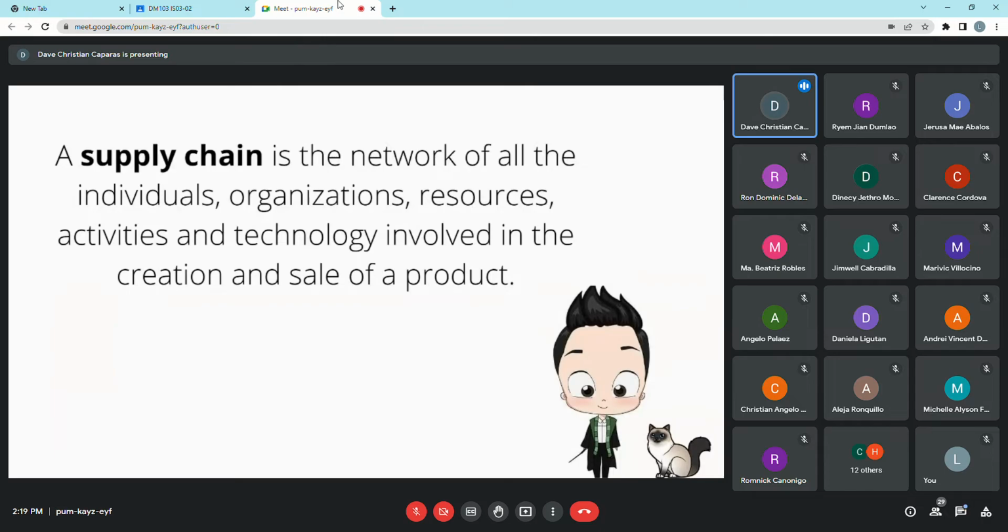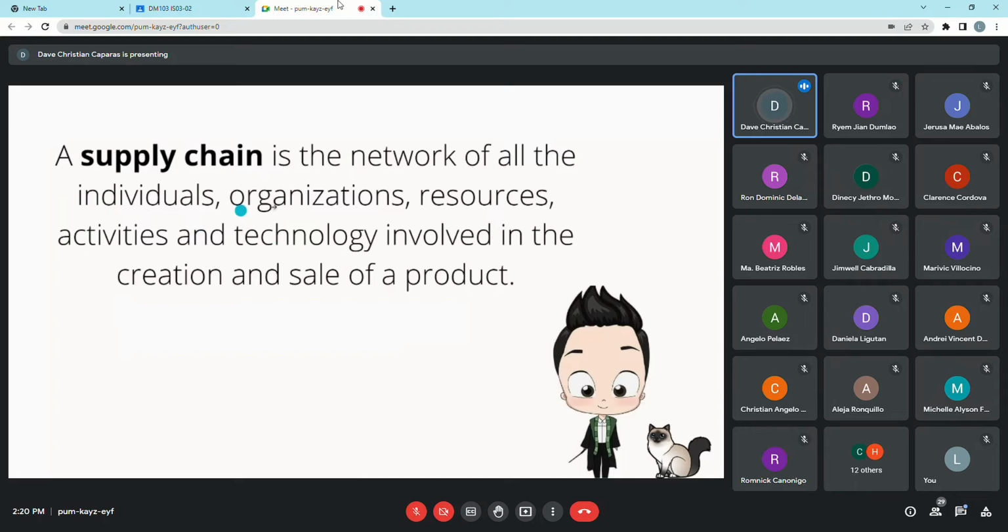Okay, so let's try to dissect, no? Ang supply chain daw, it consists of individuals, ibig sabihin mga tao, working, no? Mga taong nagtatrabaho or may kanya-kanyang responsibilities or tasks to be carried out, yung mga activities na yan. And then organization, so meaning mga businesses or any other institutions, basta group of people, no? And then resources, so big resources, automatically apat yan. It can either be human resources, financial resources, intellectual resources, and physical resources, and technology as well.